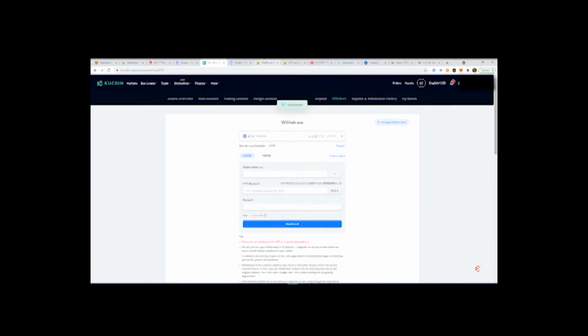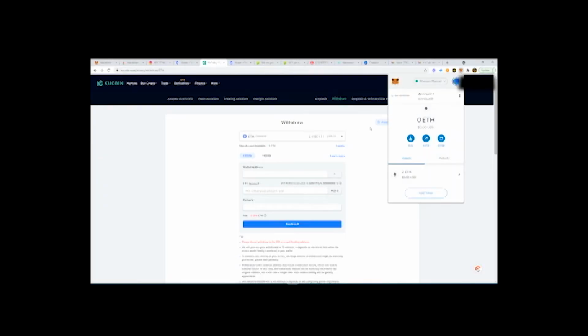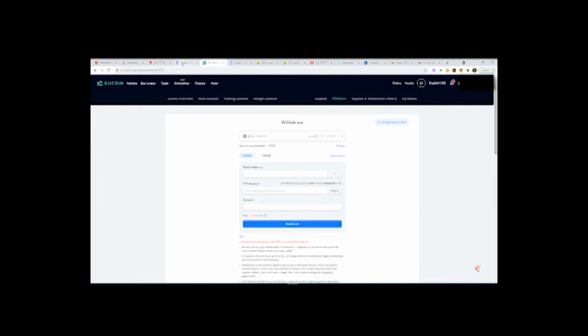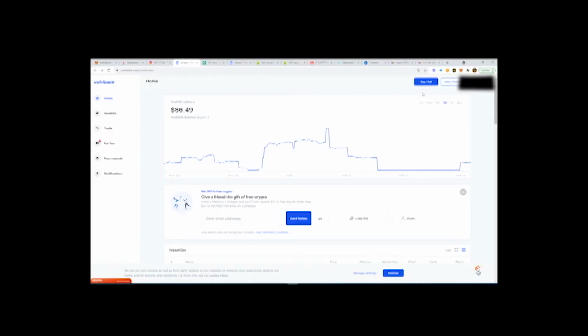successful. It doesn't matter where you're getting your crypto from. I use KuCoin a lot, so I'm removing ETH from KuCoin to fund this MetaMask wallet. Most of you guys are gonna start from Coinbase. So if you were on Coinbase and you had ETH on Coinbase, you would go to where it says send